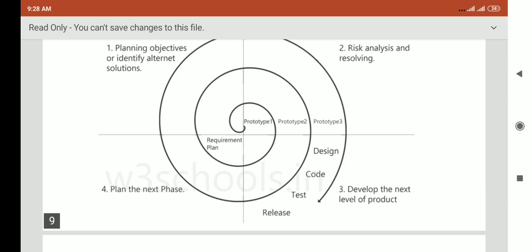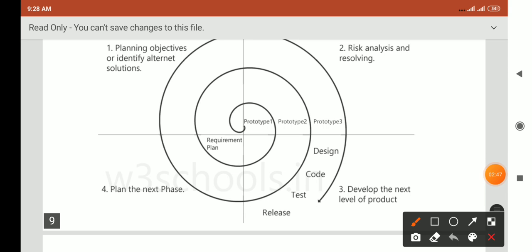It includes how you are going to design your software, meaning UML diagrams, then code, test and release. After releasing there is a fourth phase, that is planning the next phase.